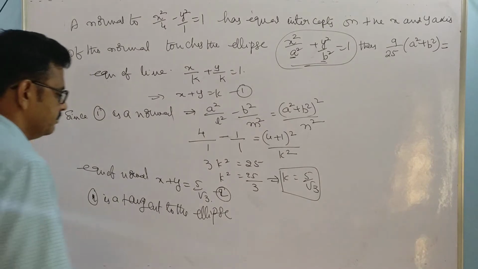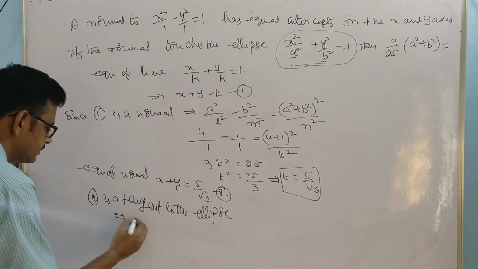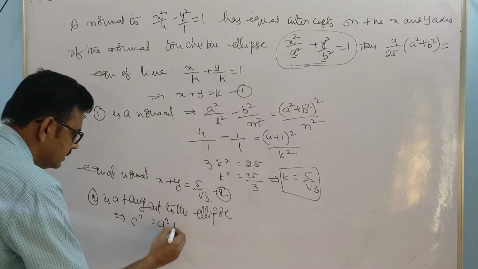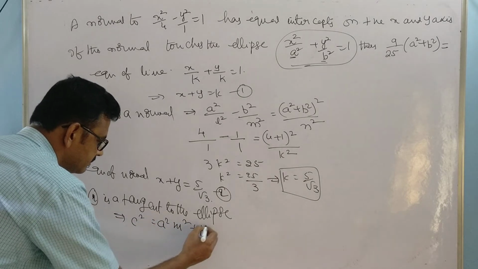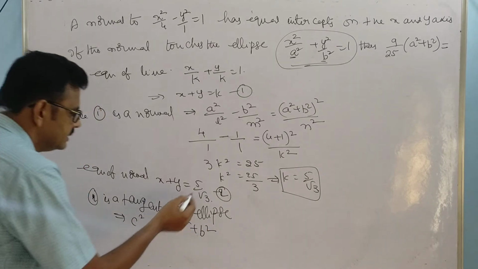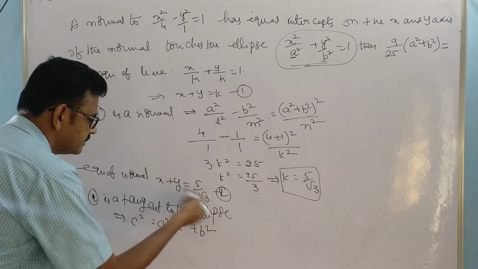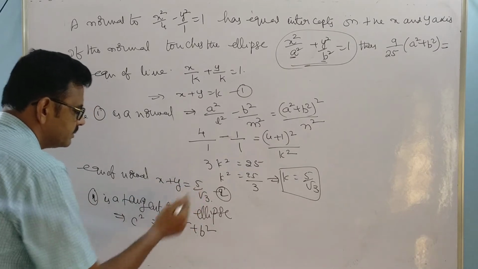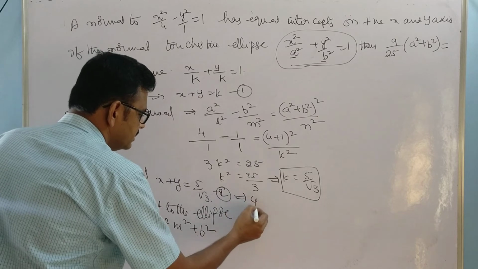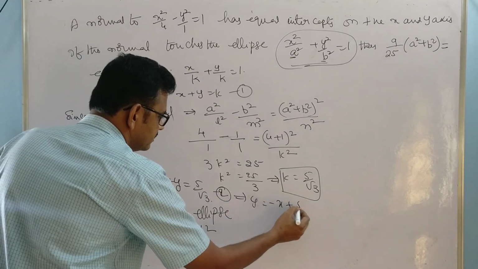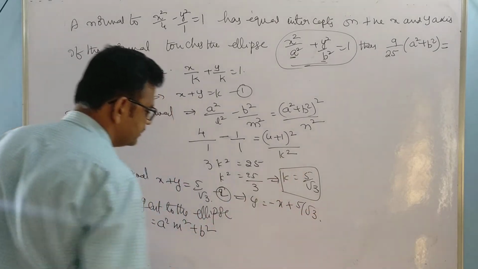Tangent to the ellipse implies the condition is what? C square equal to a square m square plus b square. So this is the C. Or you write y equal to mx plus c form. If you write y is equal to minus x plus 5 by root 3,